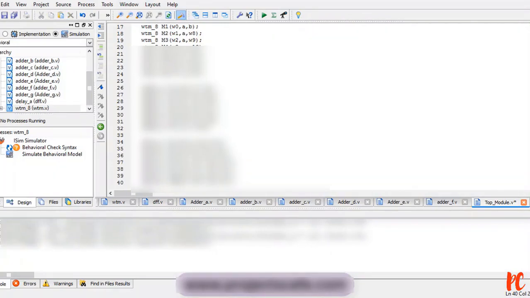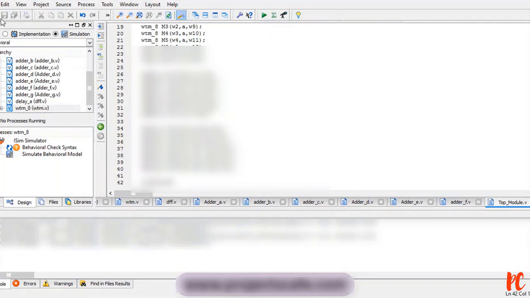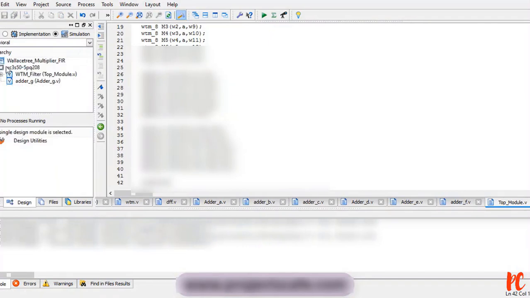So finally we have instantiated with respect to multipliers, we had instantiated with respect to adders, we had even instantiated with respect to the delay elements. We have done with it. So let me end this with an end module. Now let me save this. Okay, now you can observe here. Here is what we have. This is multiplier.